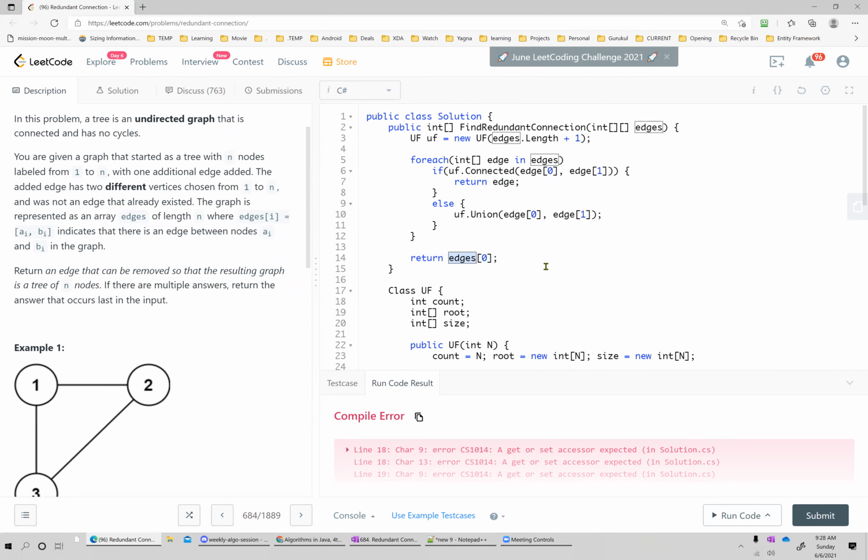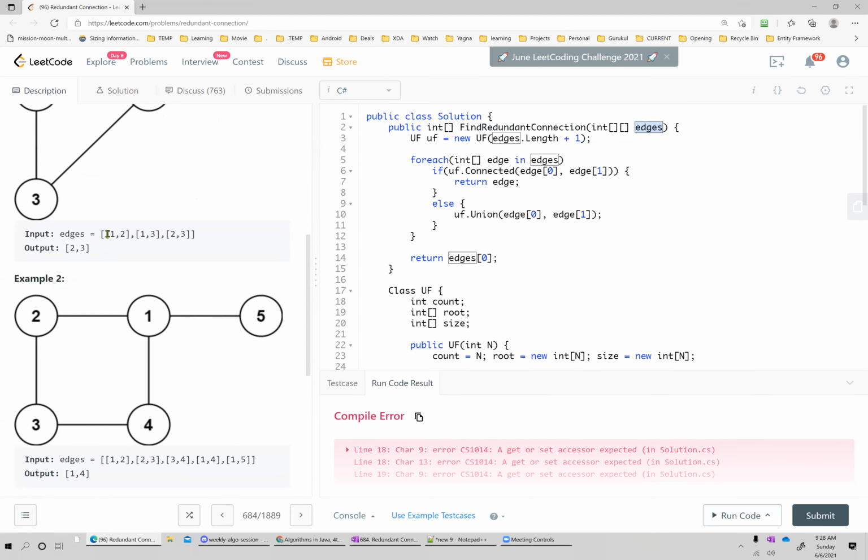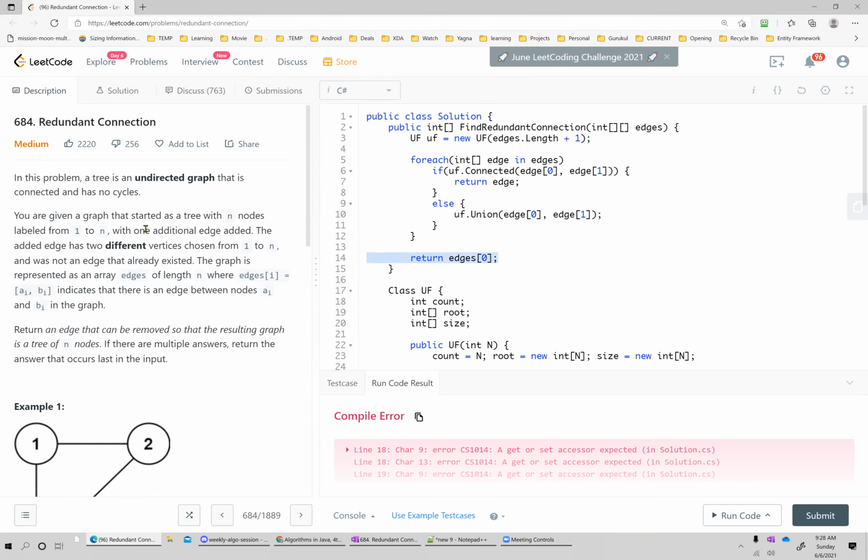But I was thinking also, Bhavesh, that edge is 0. What if we have a 0 node, like we actually have 0 to 5, then yes, we will have the size of array as 6, but then we can't just return edges 0, the 0th array. No, this input always starts from 0, right? 0, 1, 2 index. It's a 0-based index in C#. Then how come that is the answer if nothing matches? I'm just returning that, saying that there is always an answer. So it'll be dead code for now. Yeah, it is dead code.